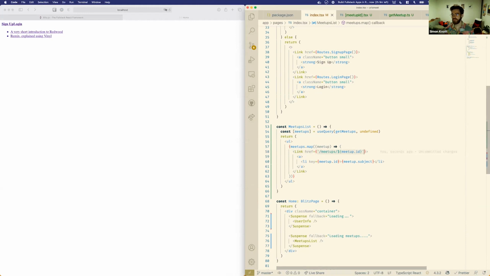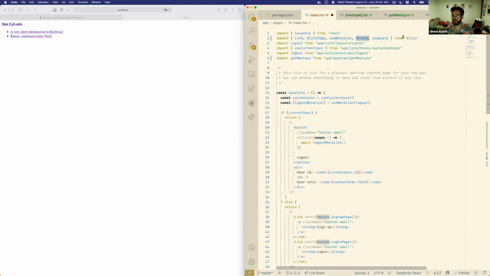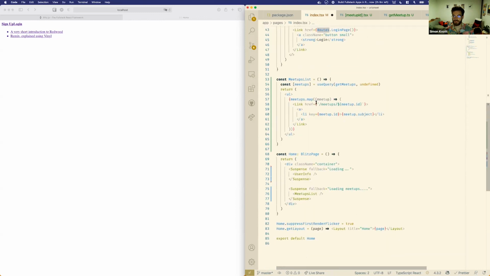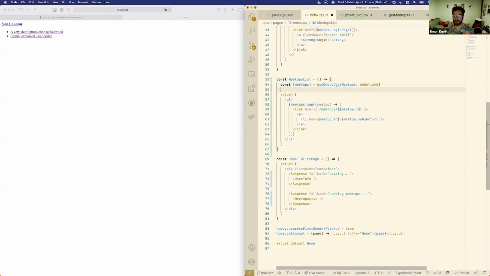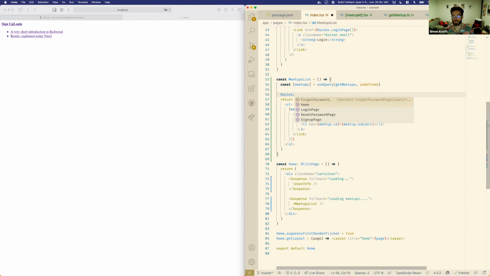Okay, so now we have our links and those hrefs, and they're based on strings, but there can be typos in those strings. And this is not the nicest thing, because what happens if we move a component? You're totally free to use those strings, by the way, but there's an alternative in Blitz that you may use, which is the routes object. It is also imported from Blitz, and you can use this to say routes dot,